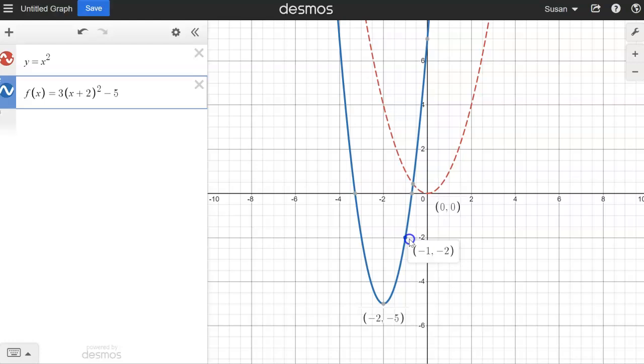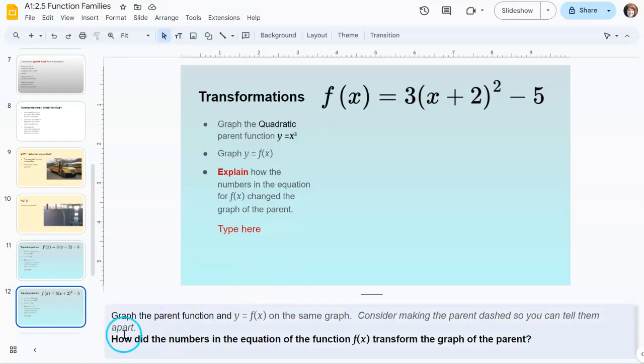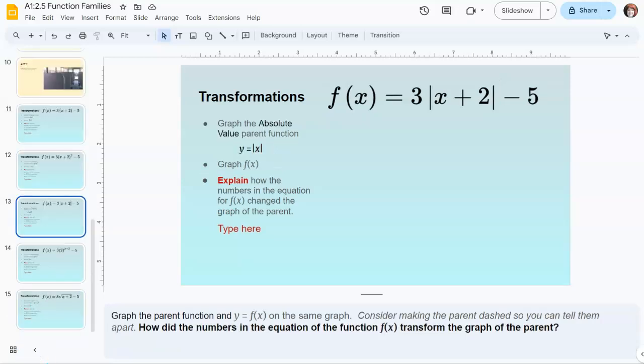So you can actually see that it's steeper by a factor of 3. The vertex is obviously easier to spot than the steepness on a curved graph, but even if they don't say 3 times steeper, they do know it's steeper. So you might point out the 3 has something to do with that. All right, and so that's that. And then they're going to follow this same pattern for absolute value